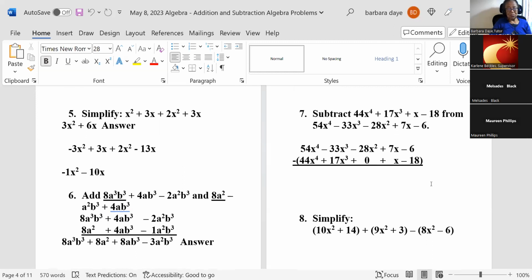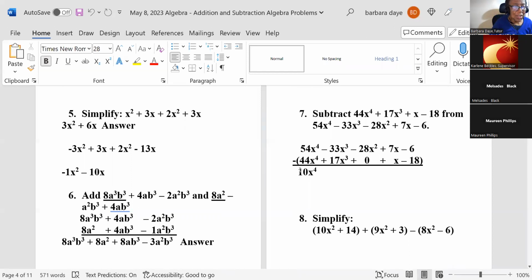So the first one will be, so the first will be what, Maureen? 44, 10. 10x to the fourth, right? Mercedes, is that what you got? One sec, please. 44 from 54? Yes, miss. Maureen said 10x to the fourth. Let's put the 10. All right, now,